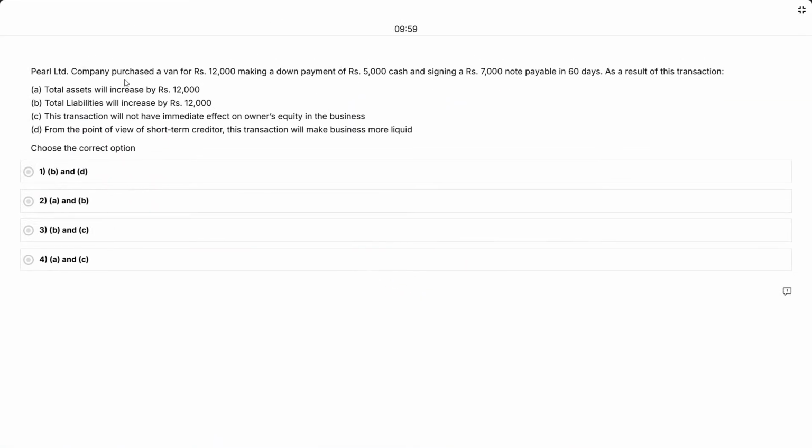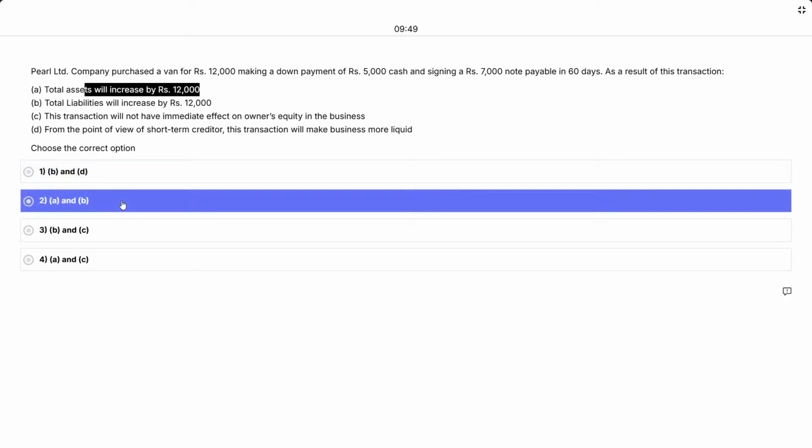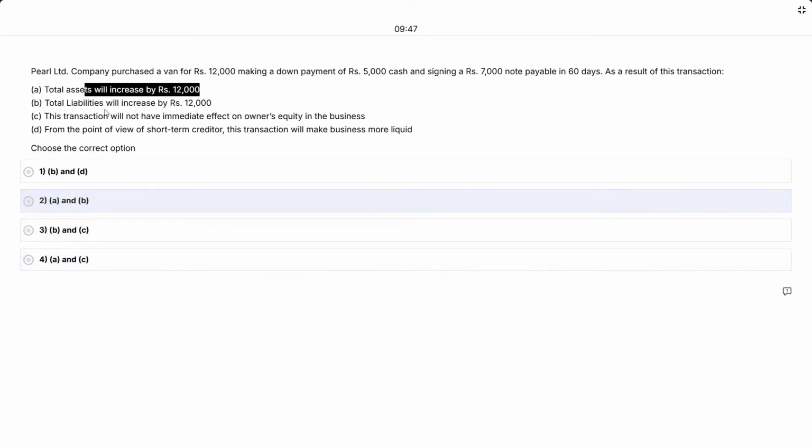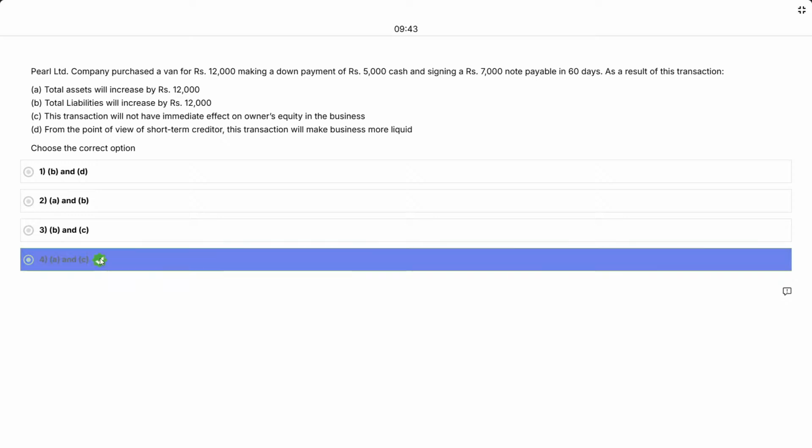Pearl Limited company purchased a van for $12,000, making a down payment of 5,000 in this transaction. टोटल एसेट्स विल इंक्रीज बाय 12,000, ये करेक्ट है, जिधर भी ए है वो आंसर होगा, ए एंड सी, ए एंड बी। लायबिलिटीज तो 12,000 से बढ़ने नहीं वाली, सो बी इज रॉन्ग, सो ए एंड सी।